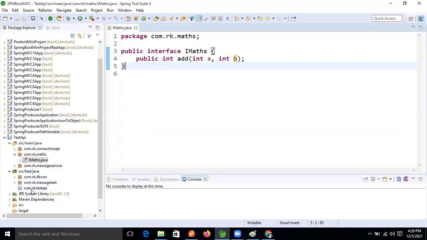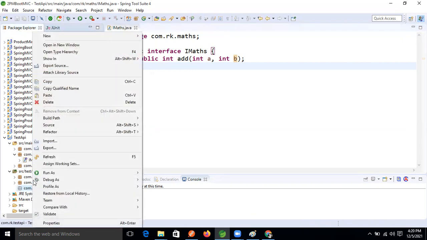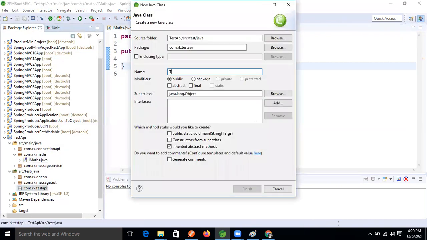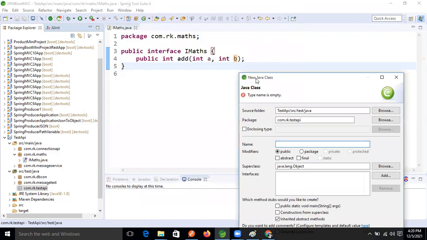We will come inside the test API, right? So here let's take one class now, guys. I'm taking test, and let's specify the class name also, right? So here: MathTest, right? Math